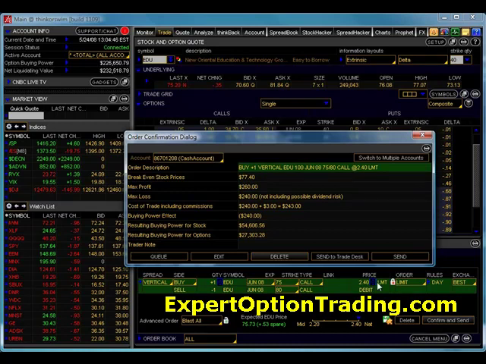You might be asking yourself, especially if you're a total beginner to options: if the price is $2.40 and we're only buying one contract, why are we paying $240? The reason we're paying $240 and not $2.40 is because each contract, and this is true for every single option except for some exotic European options or other exchange options, and it's true for the majority of the stocks or indexes that you'll be buying,